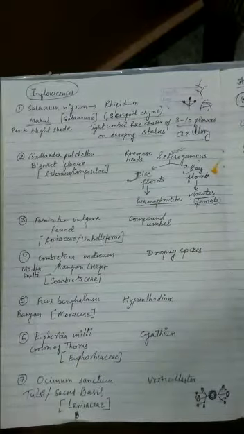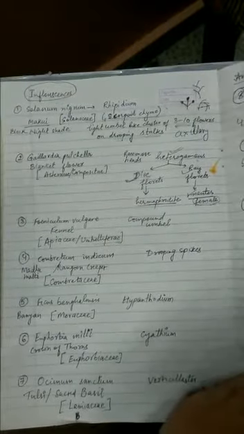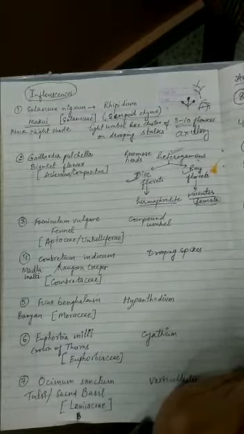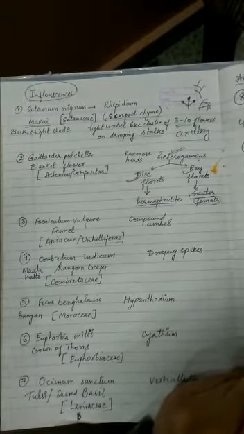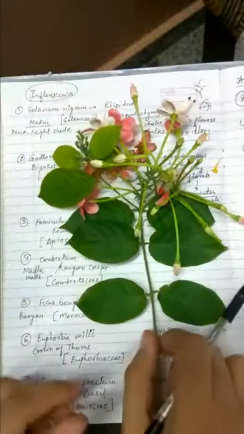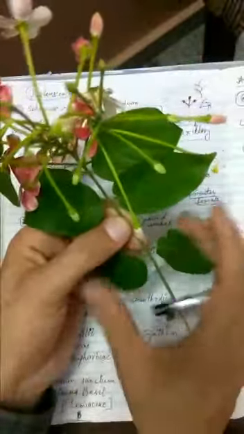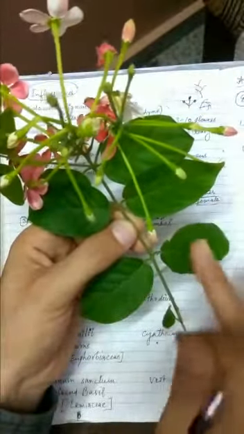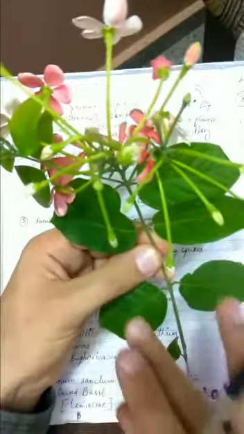In the next one we have Combretum indicum. Combretum indicum is an Indian plant, also called Rangoon creeper, also called Madhu Malati in Hindi. Now here the inflorescence is quite different. It is called a drooping spike. It is of the Combretaceae family. You can easily see the leaves are opposite, and then they are making only two rows. You can easily see, so they are superposed and opposite leaves.